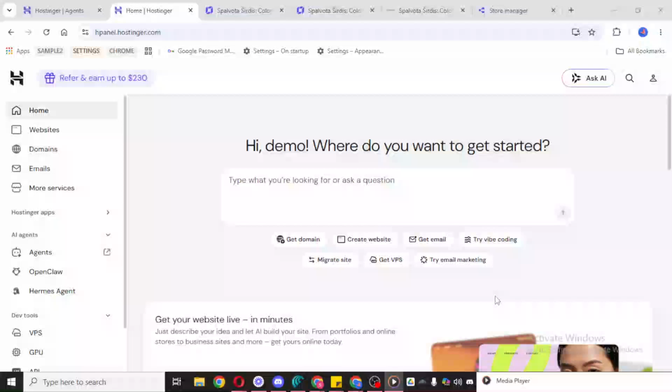In today's video, I'm going to teach you how to add a card in a Hostinger website. We'll go through the process from opening your Hostinger account all the way to placing a card on a specific page and customizing it so it fits your site properly. This is a simple feature, but it can make a big difference in how your content is presented. Cards are useful for highlighting services, products, features, team members, or any important section you want visitors to notice.